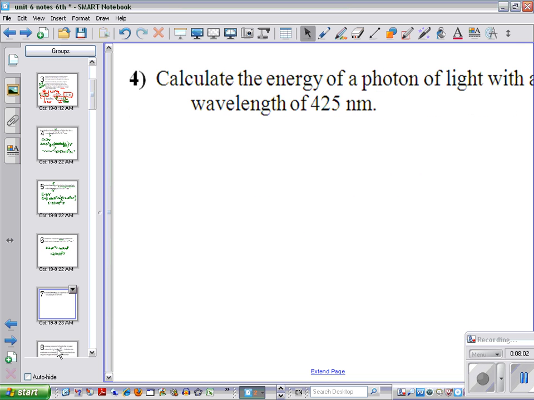In our next problem, it asks us to calculate the energy of a photon of light with a wavelength of 425 nanometers. In this case, we have energy and wavelength. You have two options when you're solving these problems. Your first option is to use this formula: energy equals Planck's constant times frequency. I lied. Your first option is to use this formula: